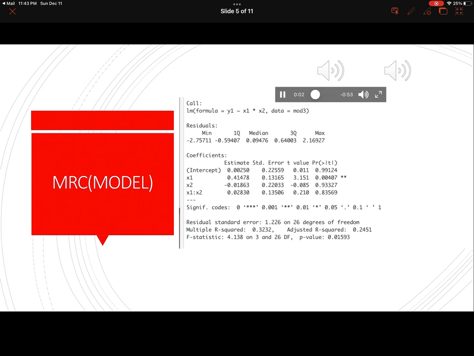Before moving on to the analyses I have on the screen, the purpose of MRC is to quantify the relationship between several predictor variables and a dependent variable. The assumptions of regression are that the relationship between x and y is linear, the predictor is sensible for the outcome, the prediction of y does not require other predictors than x, there is no measurement error, residual equals 0, there is homoscedasticity, which means the variance is constant for all values of x, errors are random and uncorrelated. Predictor uncorrelated with error term, and errors are normally distributed, which I will show as the slides progress in more